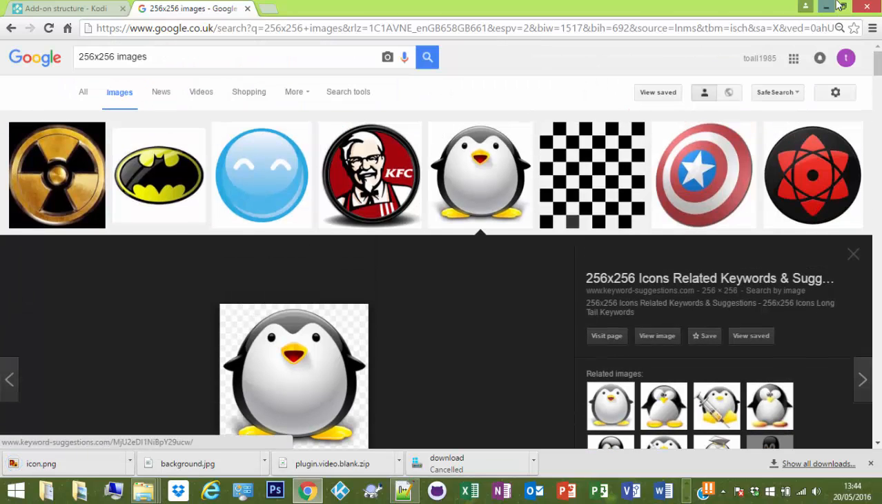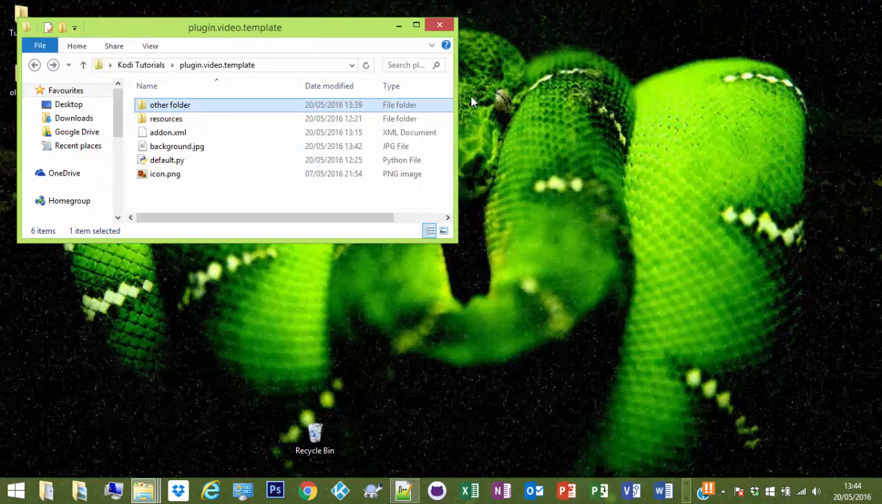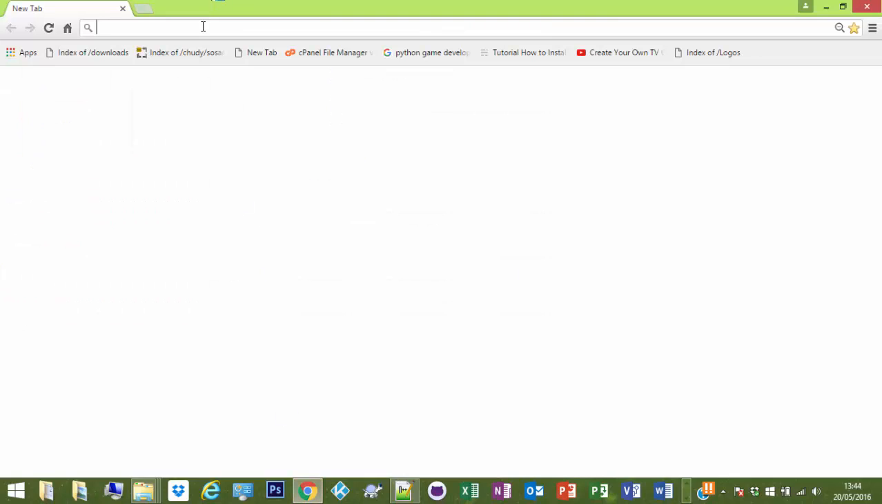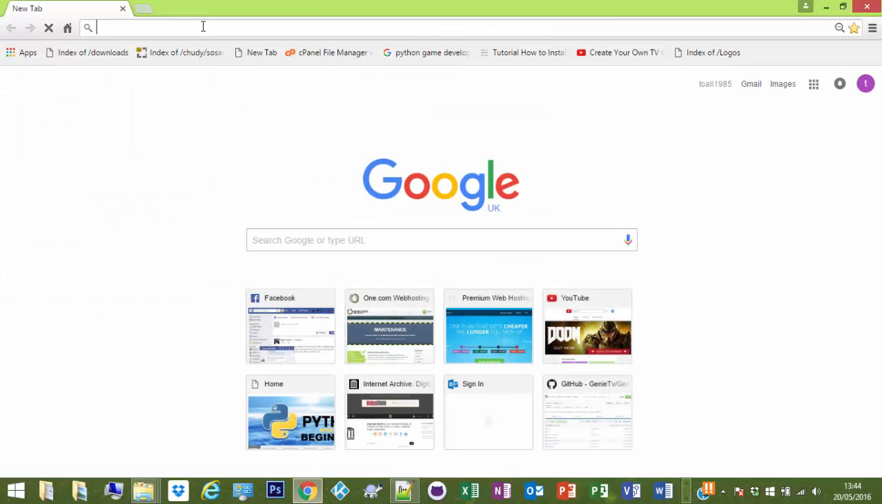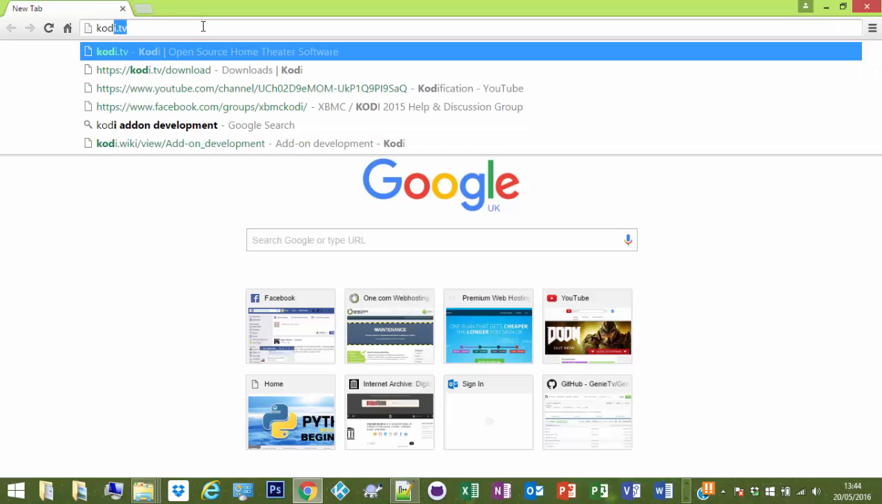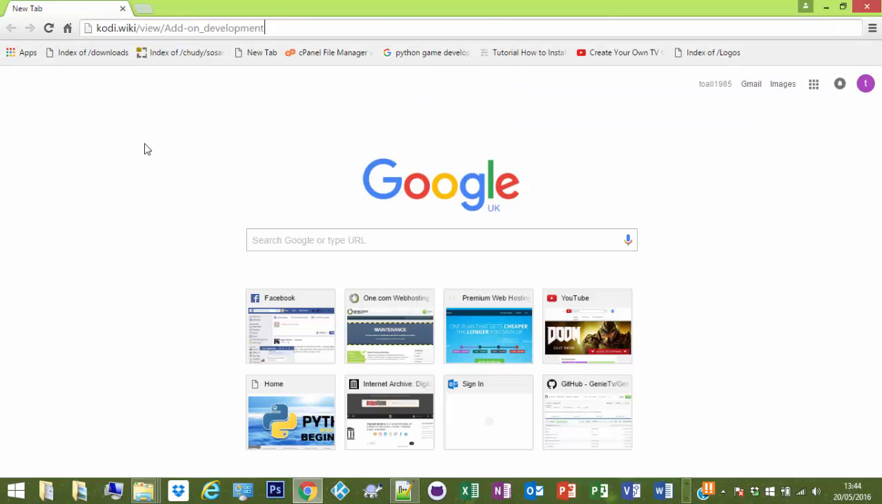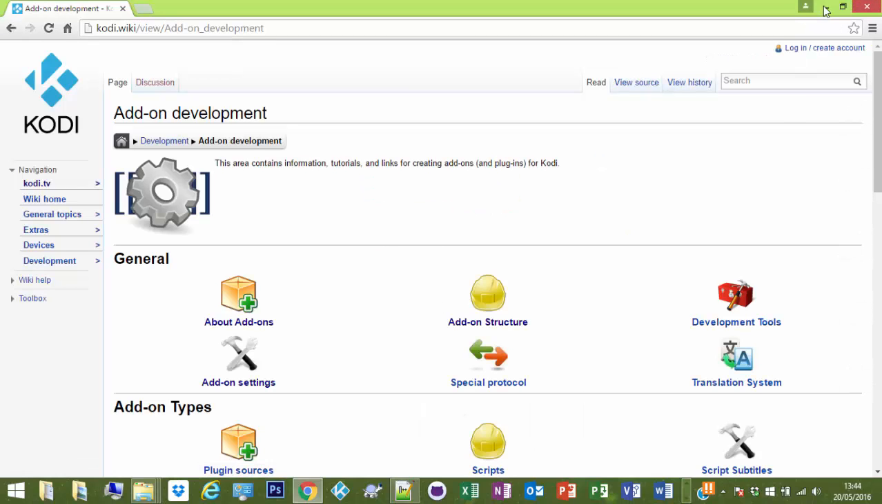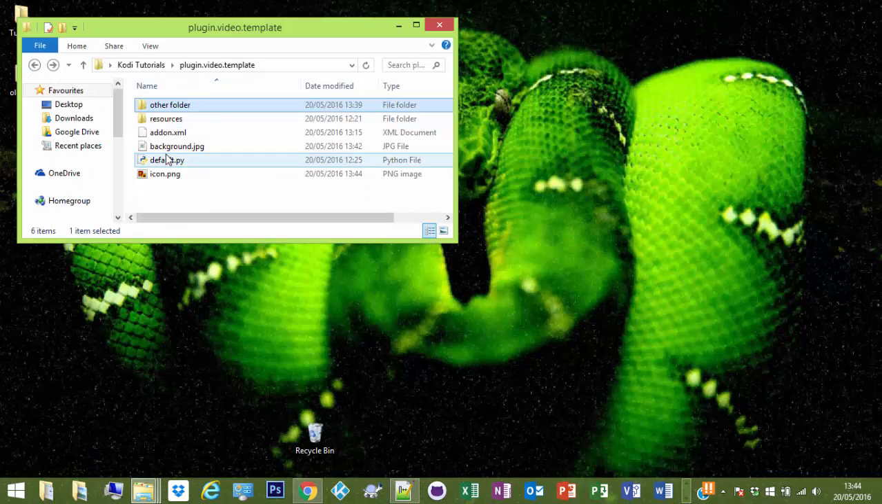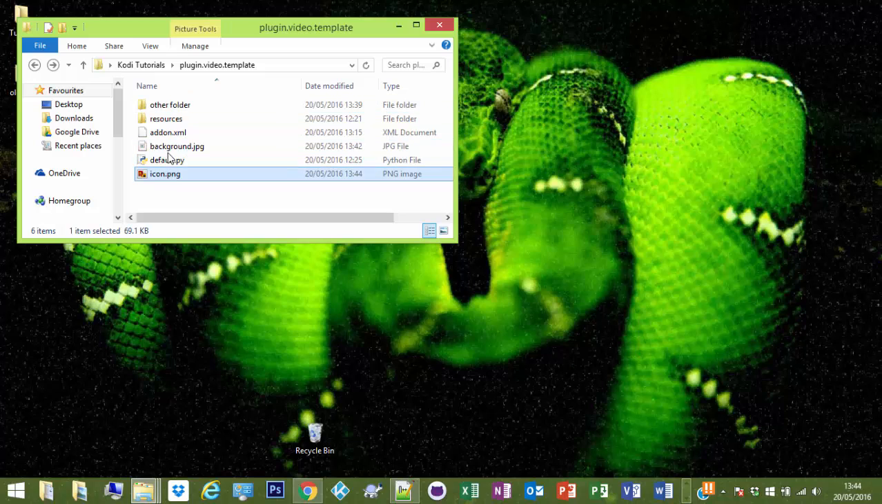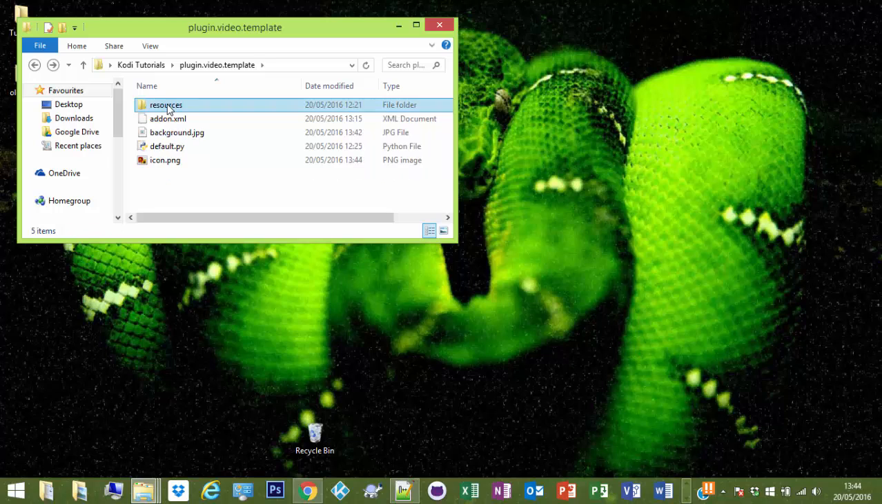So he's a bit lost. So let's keep that back up. Keep that up. It's handy to refer to, just so you can see. Yeah, so now we've got the picture icon. We'll do the default last because that's the main bit. Other folder, we'll delete that for now. Resources,